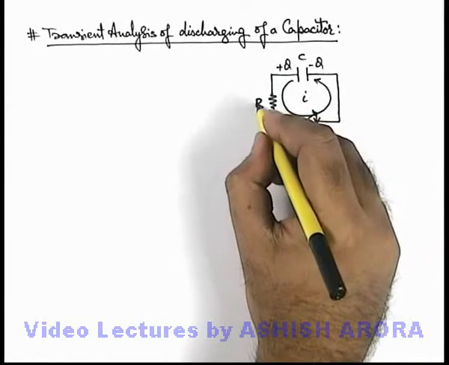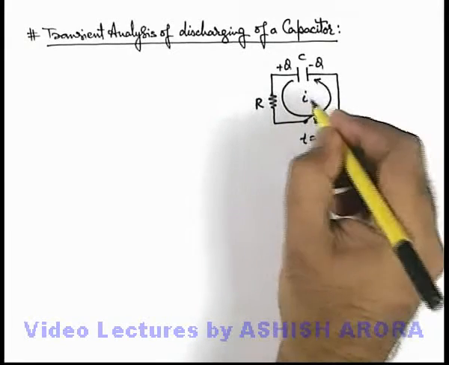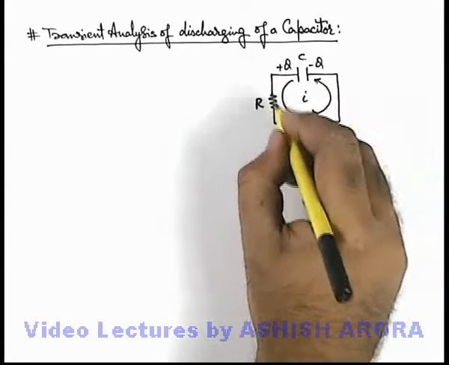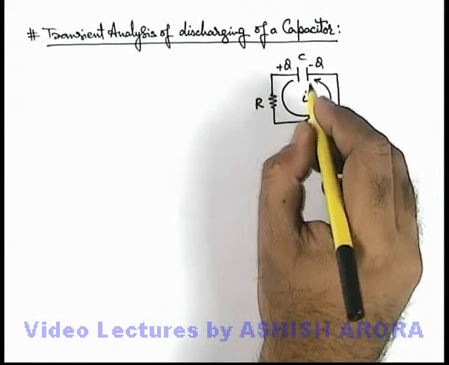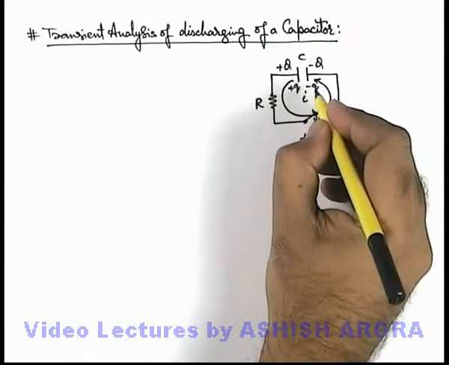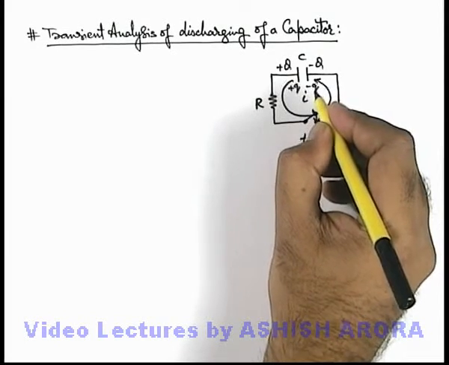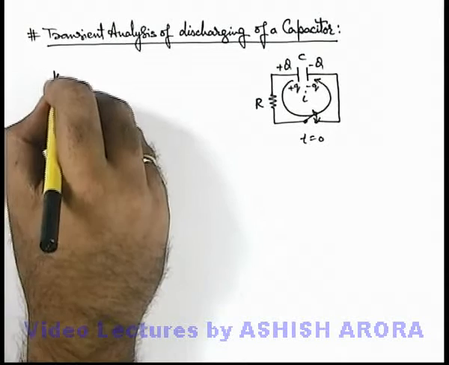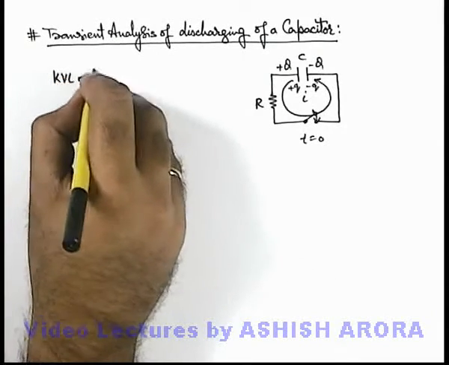And as the value of R increases, the value of current will be lesser in that situation. In a given situation, if it is discharging and at any instant the charge on the plates are plus small q and minus small q, here we can write down the KVL equation for its analysis. If we write the KVL equation